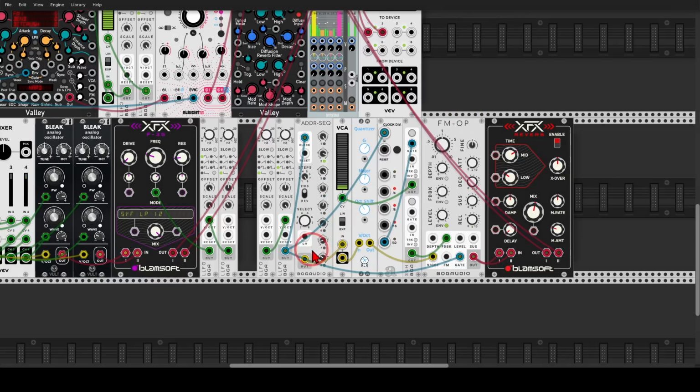Now this sequencer, the ADDR sequencer, as you can see, is going through a VCA first, and you can see the movement of the VCA here. And this is happening before the quantizer. You can see here is the quantizer from JW. And this is important, that the modulation happens before the quantizer, in case you're using one, of course, so everything